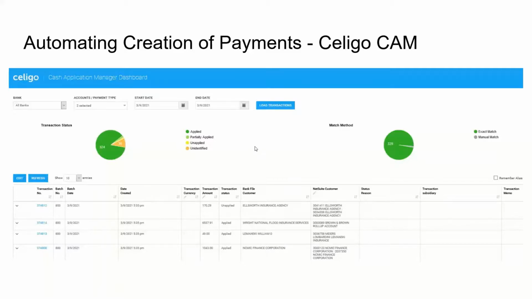that file from the bank, parses that file, and then plunks it into our NetSuite system into this Celigo Cash App Manager dashboard. But what makes Celigo really kind of cool is that for every single payment that comes through, it looks at those memo lines and says, okay, that looks like a customer number, or that looks like an invoice number. Let me go find that invoice in your NetSuite system, or let me go find that customer in your system. Oh, look, this payment was for,